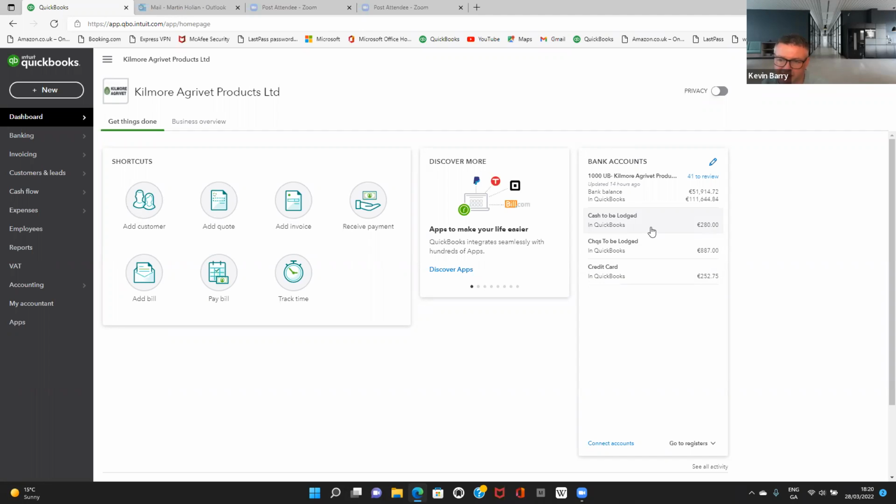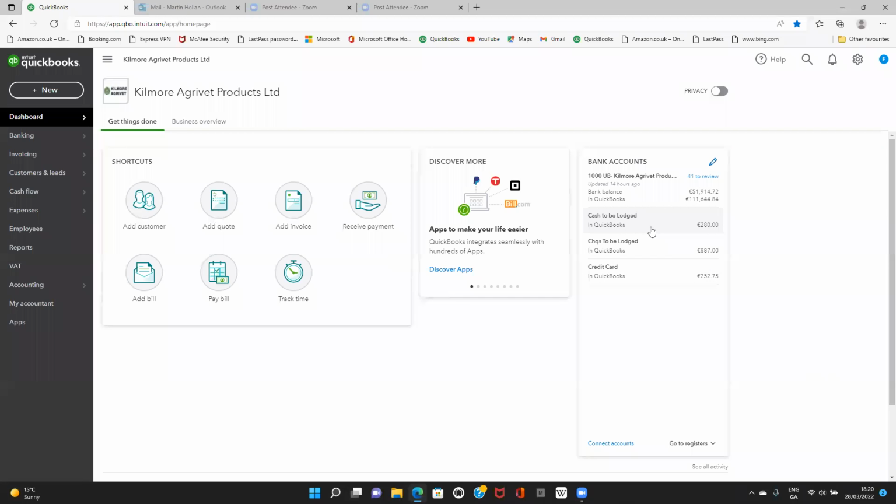Does that sound okay to you? That sounds grand. So that's how I do lodgements, how I do it when Martin goes with checks. I think I have a few here that